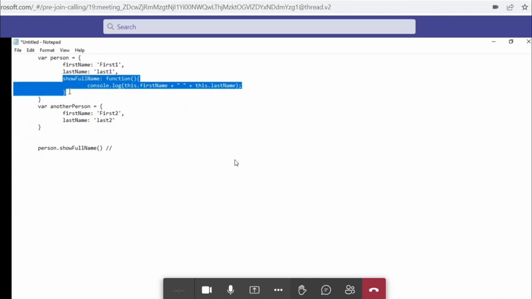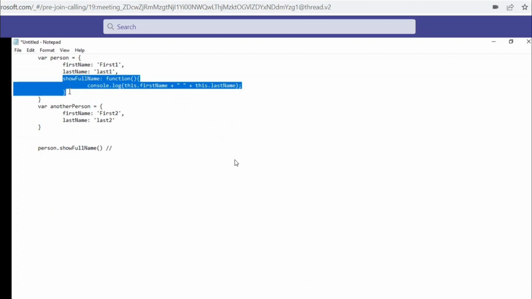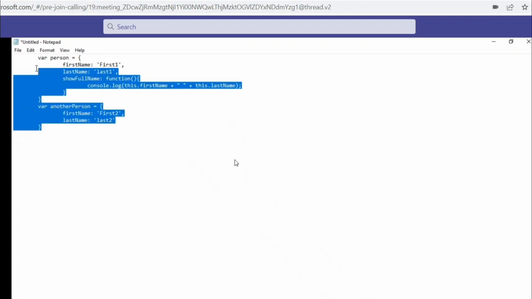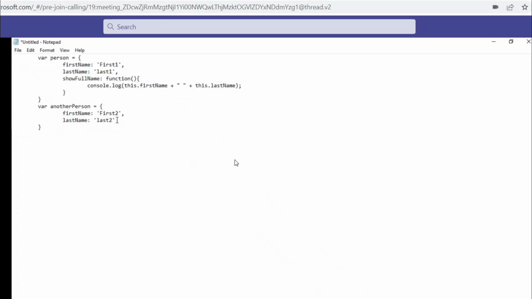You need to inherit the person object. You can use underscore underscore proto here, and then use person inside another function, like after last name, in another proto function.